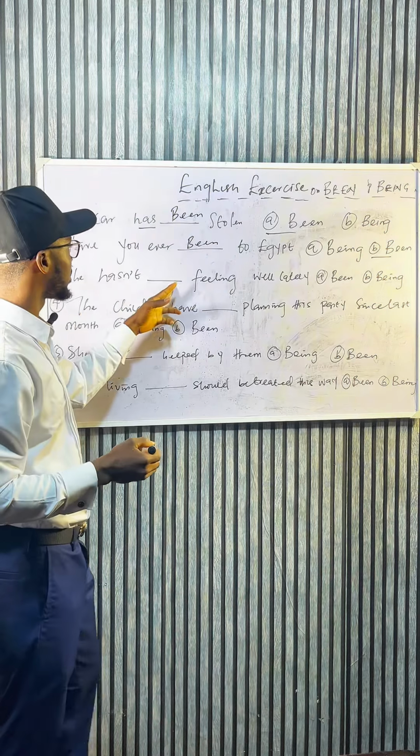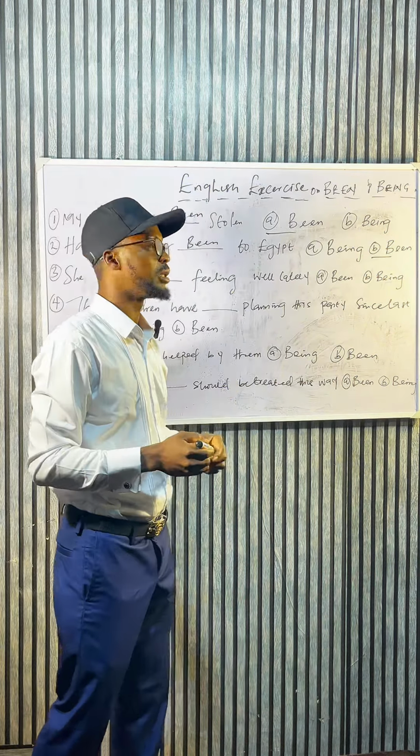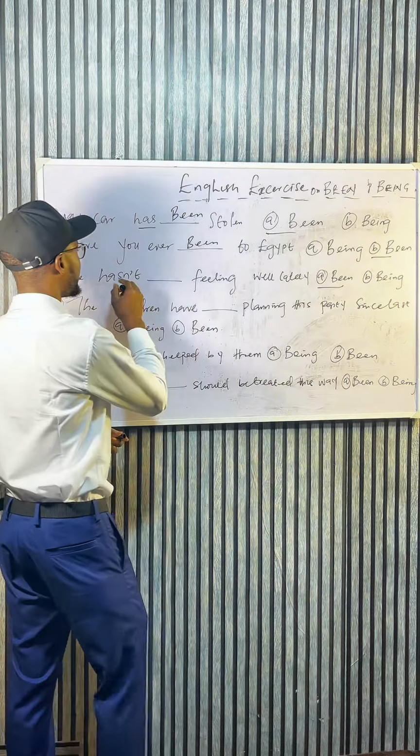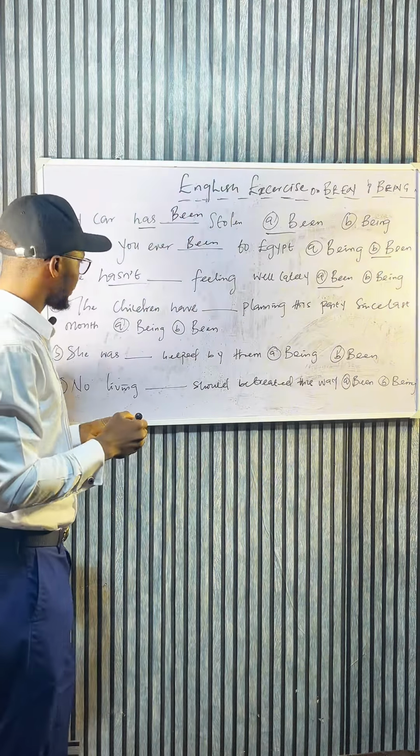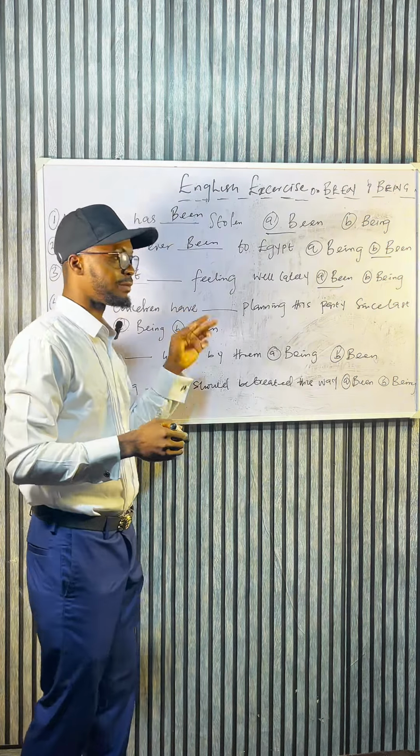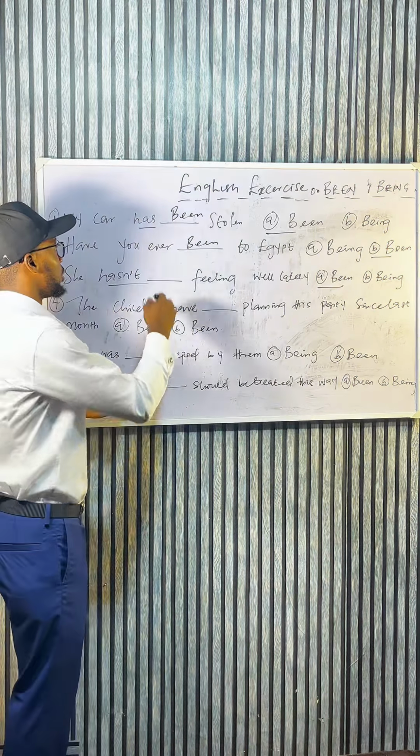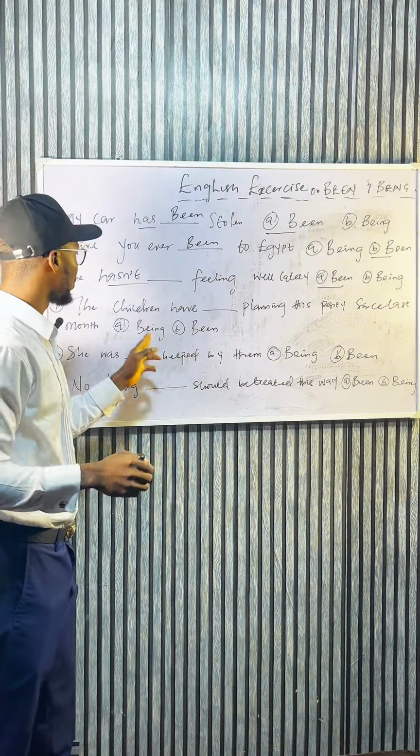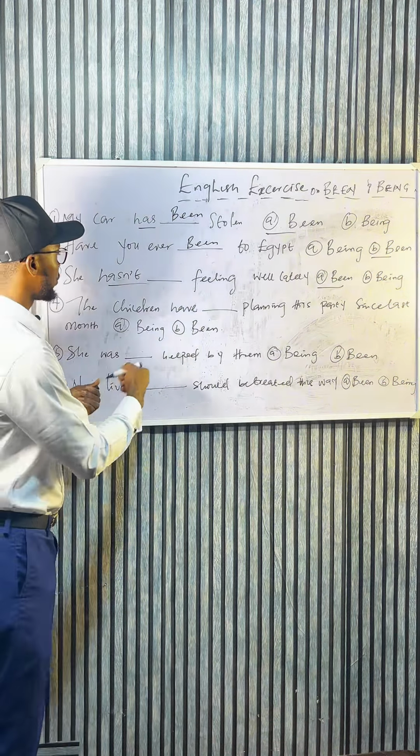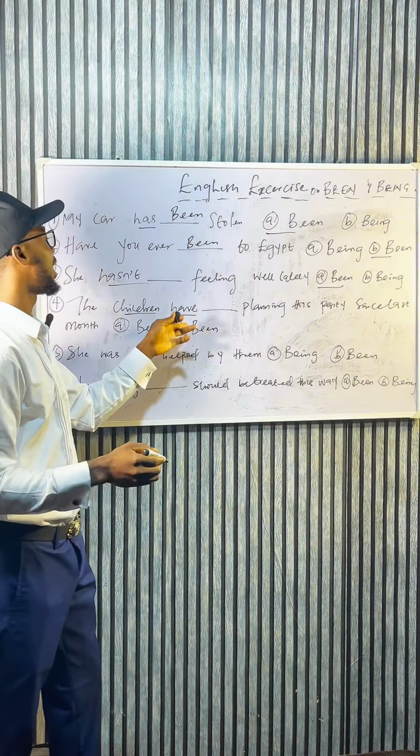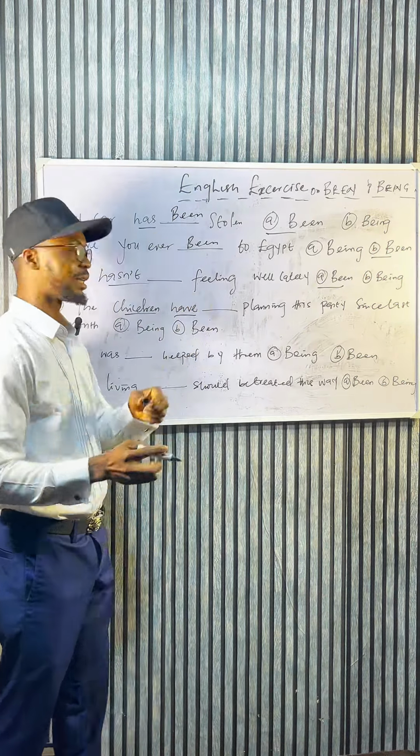"She hasn't blank feeling well lately." "She hasn't been feeling well", because of this "hasn't". "The children have" and there is another thing. Know that "has" is a singular verb. Why is "have" a plural verb? Because we have "children" here, that's why we have "have". And because we have "has" or "have" or "had" here, that's why it's going